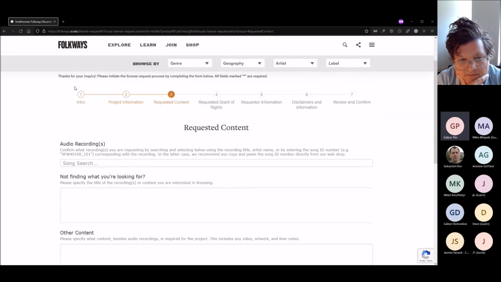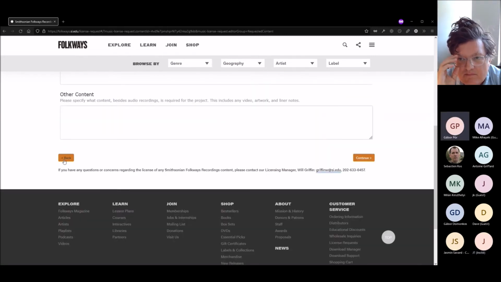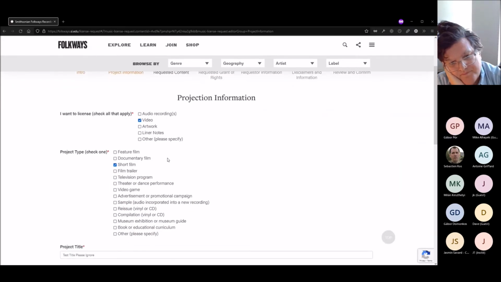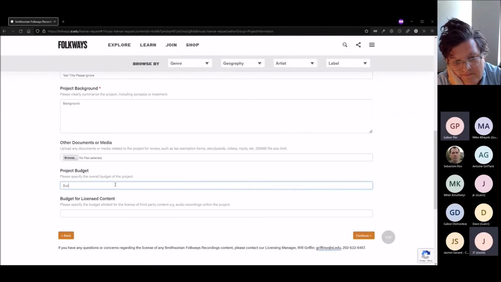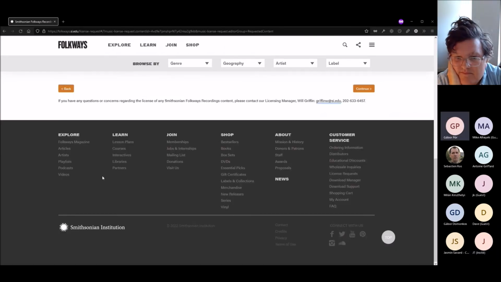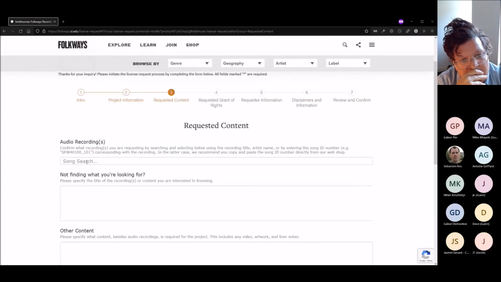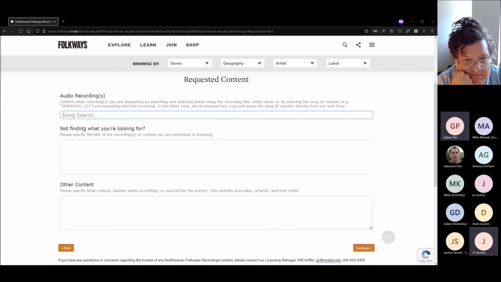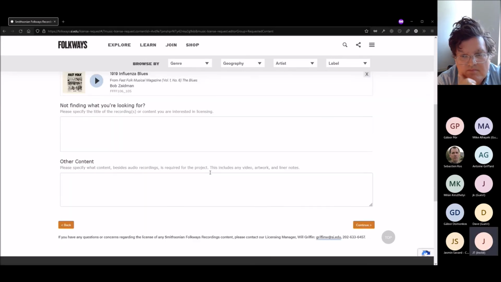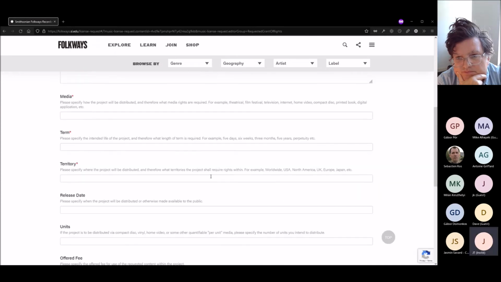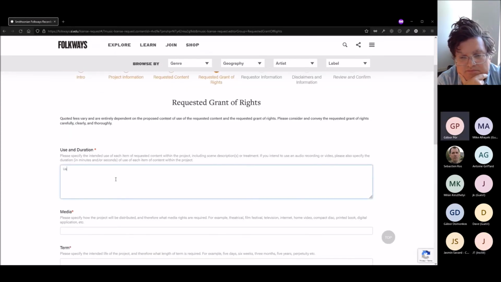Okay, so the editor groups here, you can navigate between them using the top navigation bar, or you can also use the back and continue buttons. The data that the users enter is only saved when you click the continue button, which is by design. And there's a song search field here, which the users will use to find the songs that they wish to license. I'm just going to fill this out real quick.